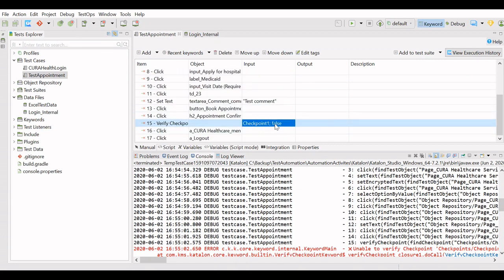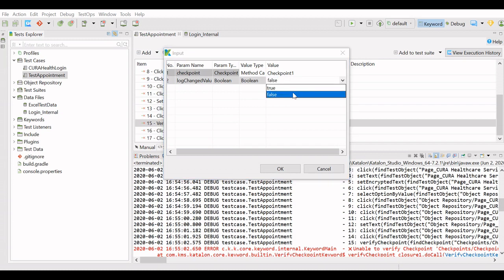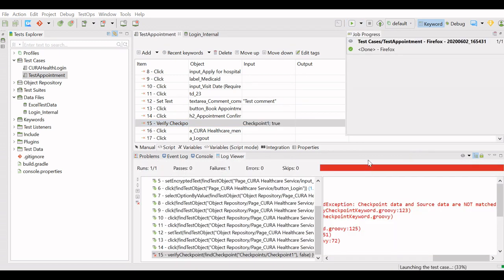For that, you have to go to the test case, and to the step where we have mentioned verify checkpoint, go to the checkpoint and change the log changed value to true. We will mention it as true, say OK, and we will save and execute this again.